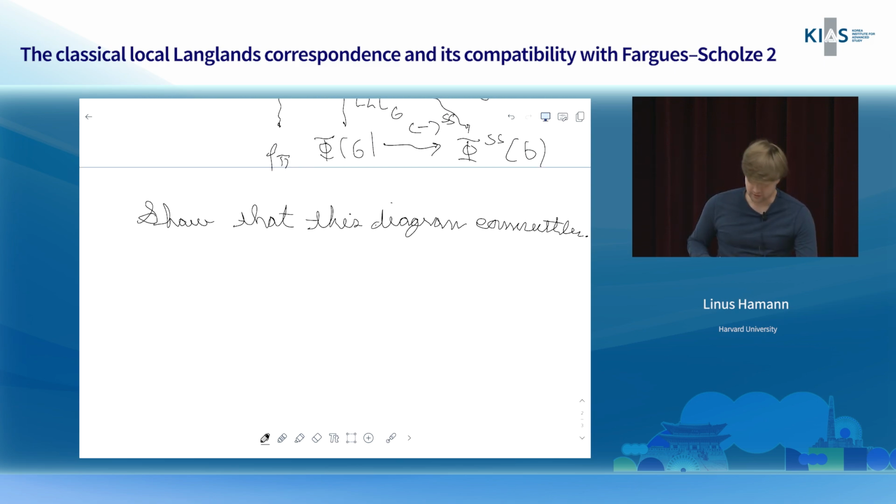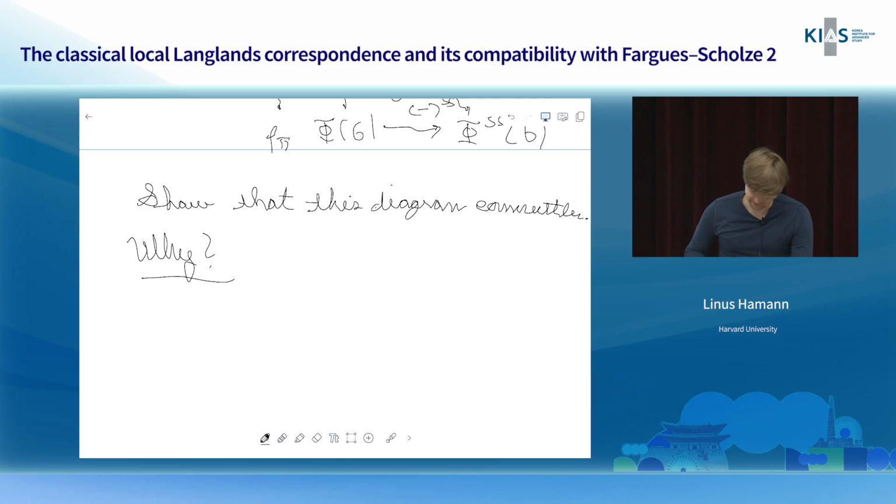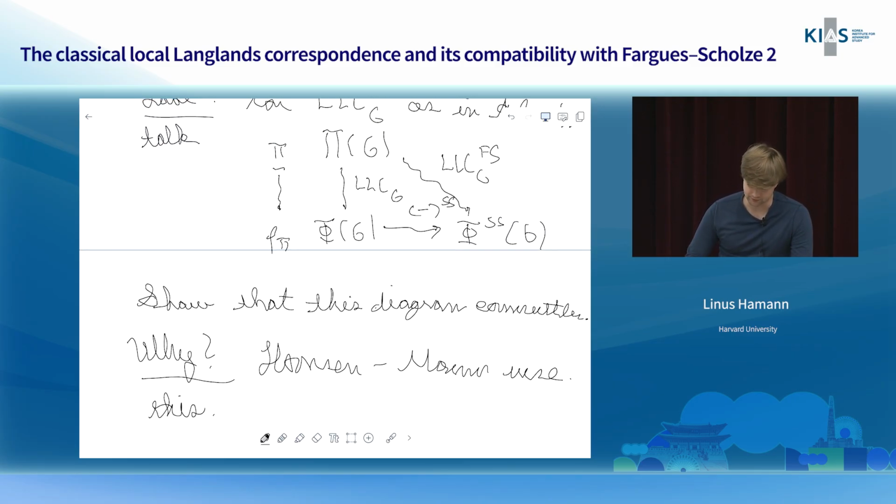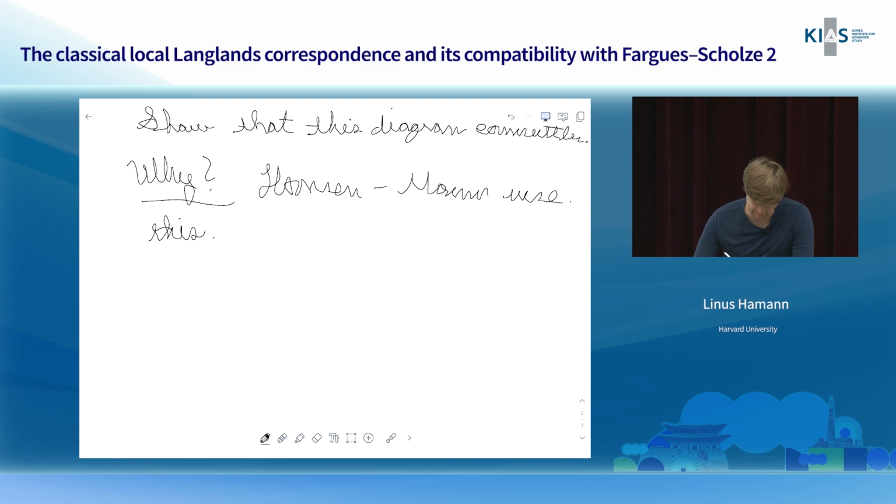All right, so maybe I should say briefly something about why we would want to do this. In the context of this conference, it's because Hansen and Mann use this. So that's maybe one reason to care about doing this. In particular, various results in this paper rely on knowing certain properties of the Fargues-Scholze local Langlands correspondence. So there's a basic question that we don't know how to answer that let me just highlight, which